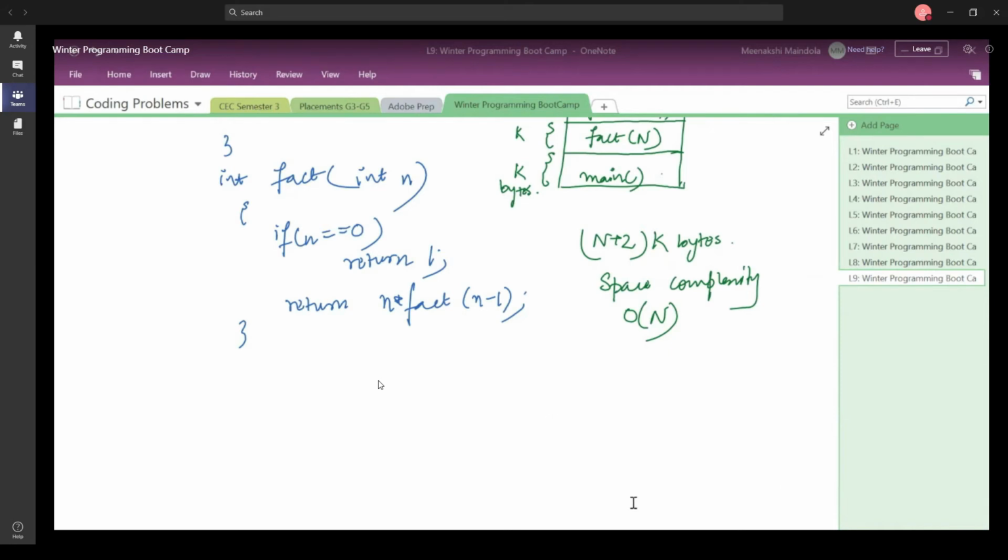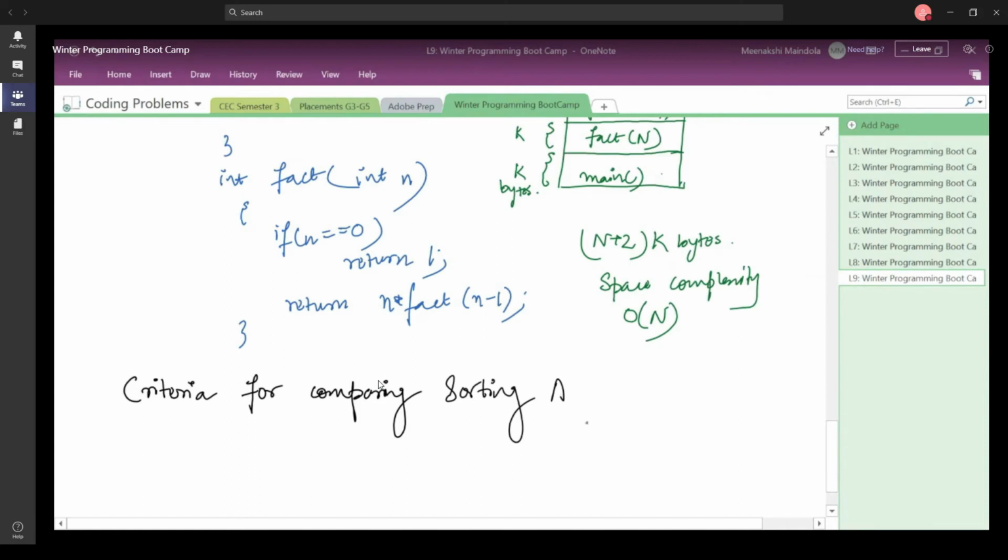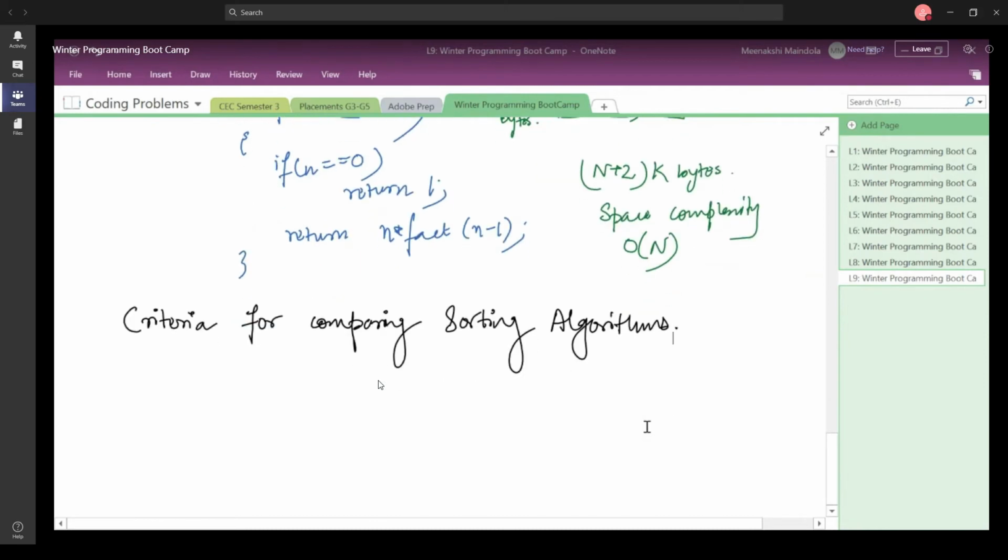Let me write this down as the criteria for comparing sorting algorithms. Let us look at what are the different things that you need to look at whenever you are considering a particular sorting algorithm.